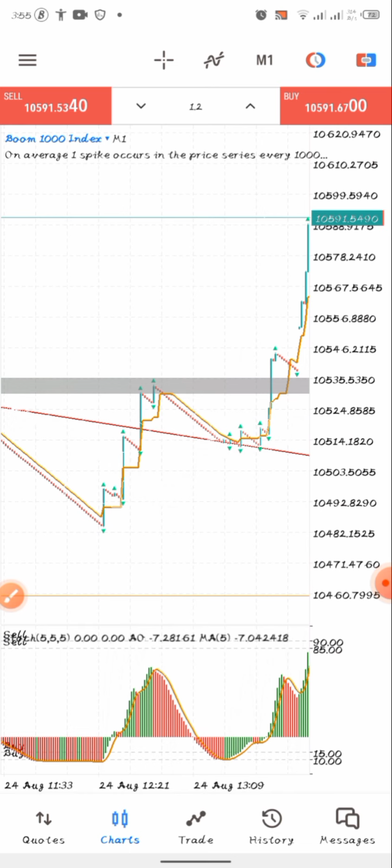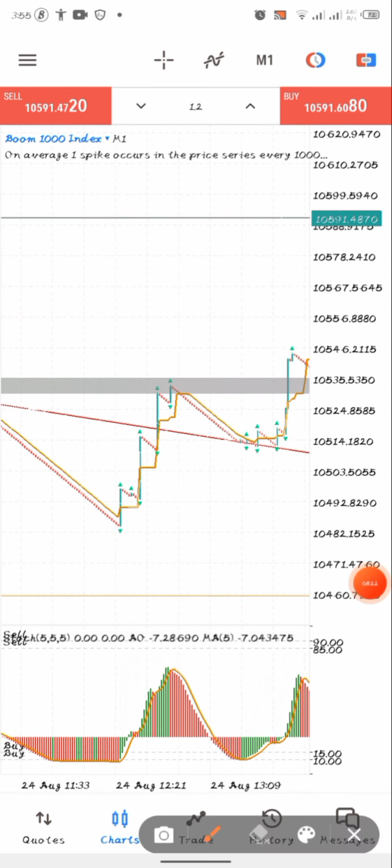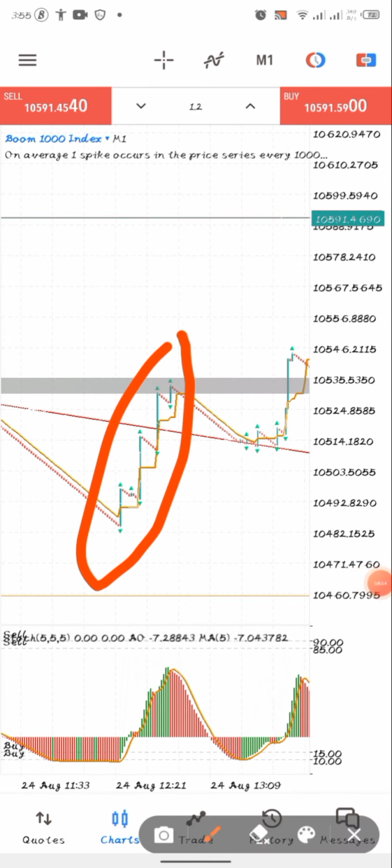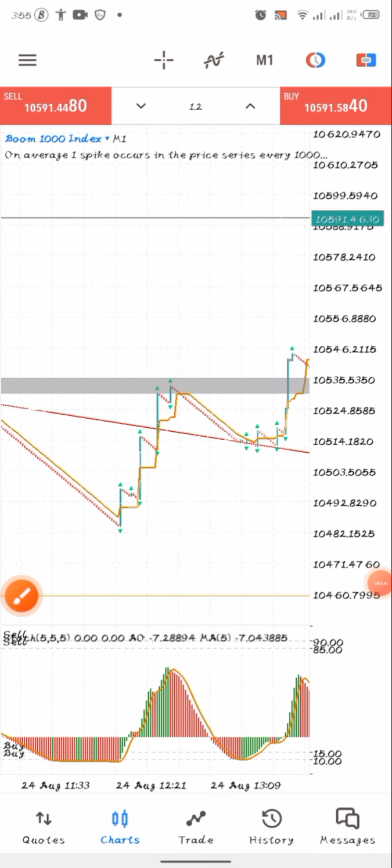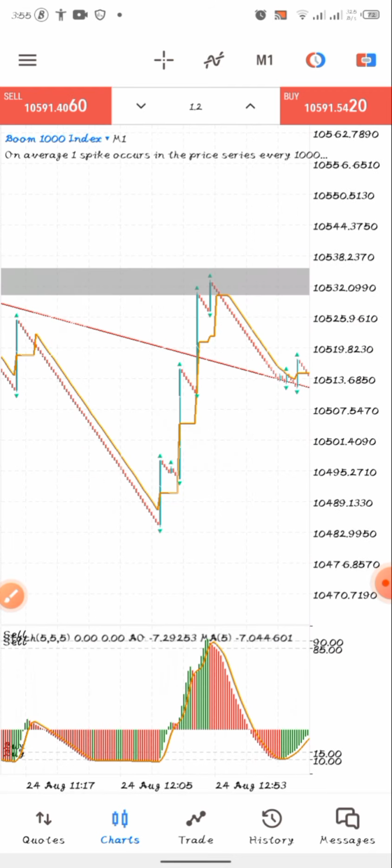Wait for the market to create spikes, like here. What you are seeing right here is a lot of spikes. Now, as the market spikes, the first thing you are going to do is make sure that